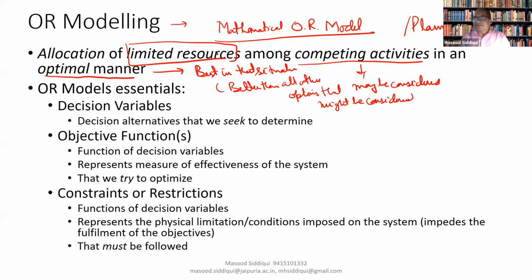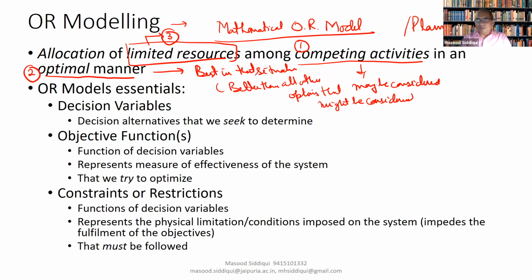So here, the first thing is there must be an allocation of the limited resources among competing activities in an optimal manner. Accordingly, we have three things. Number one, there are competing activities. Number two, this allocation should be in the optimum manner, but these resources are limited in nature. So from these three concepts, we develop the three essentials or the three core features of any OR mathematical model,